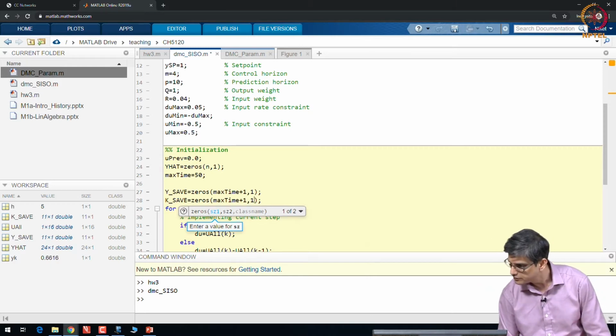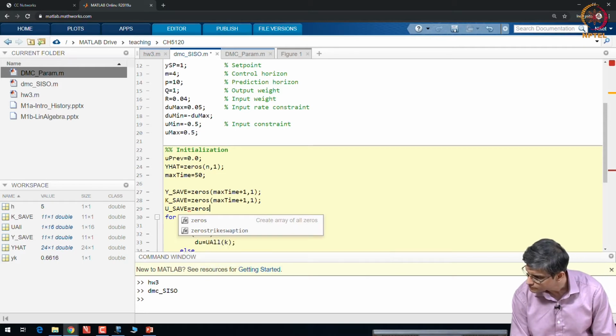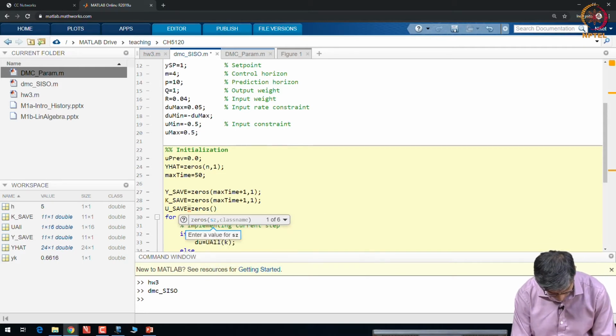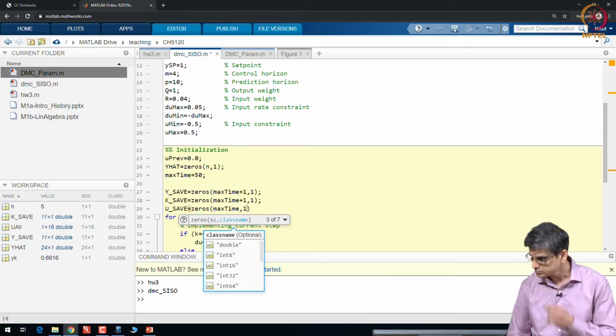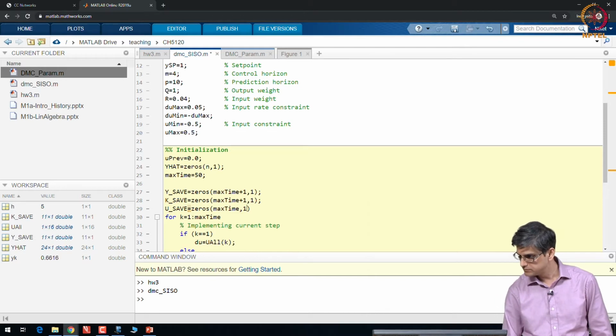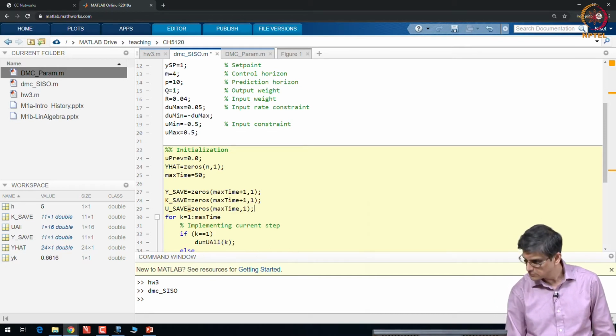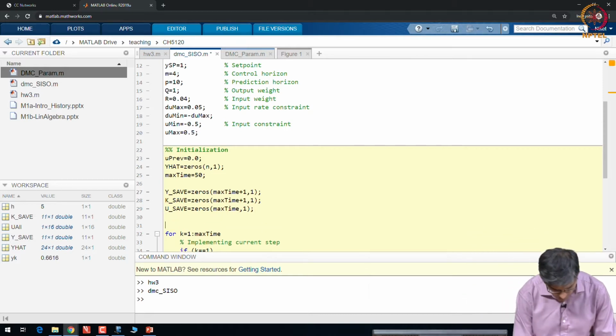Same thing, we will have u save also. Okay, so I think initialization is done and then I will call this implementation.